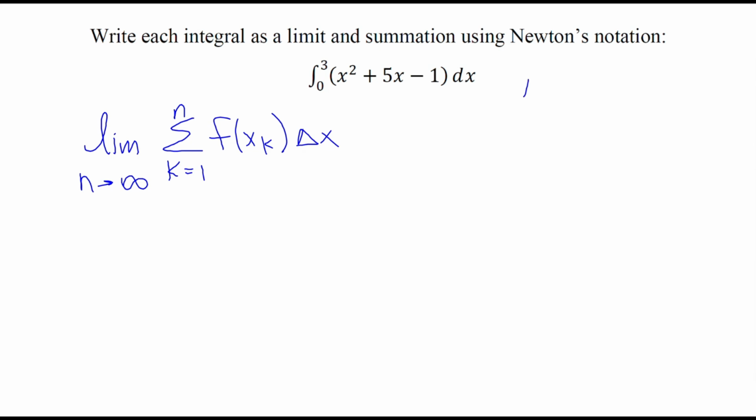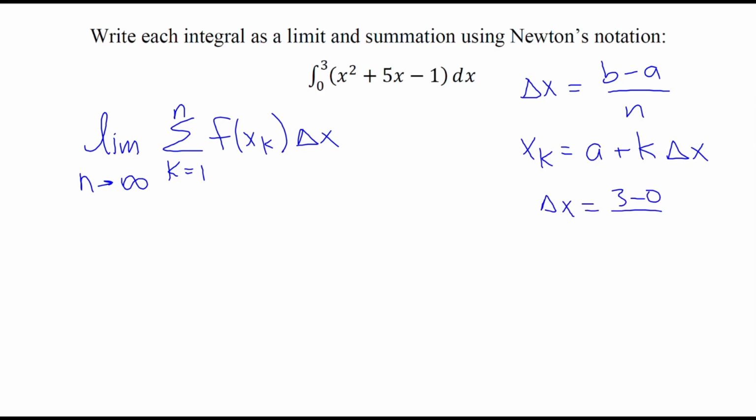Right? And we should also know, as we proved in class, that delta x is always (b minus a) over n. And also that x sub k is always equal to a plus k times delta x. Okay? So in this case, delta x is going to be (3 minus 0) over n, or just 3 over n. And x sub k is going to be our a value, which is our lower limit, 0. So 0 plus k times 3 over n, or just